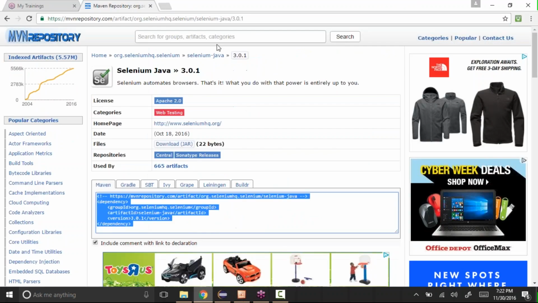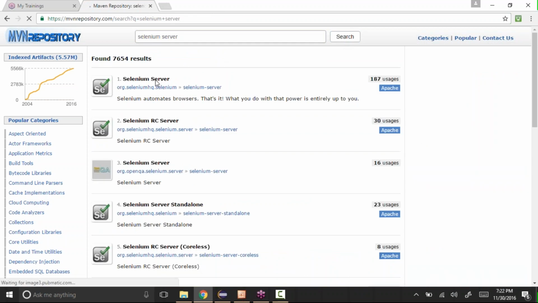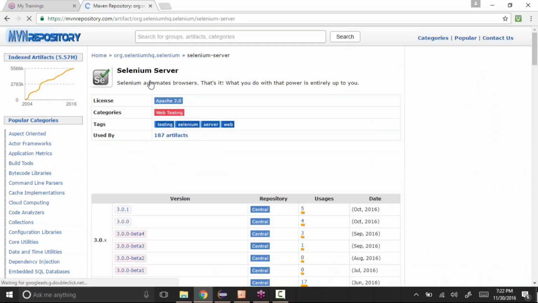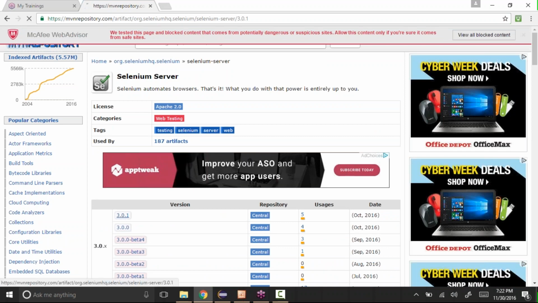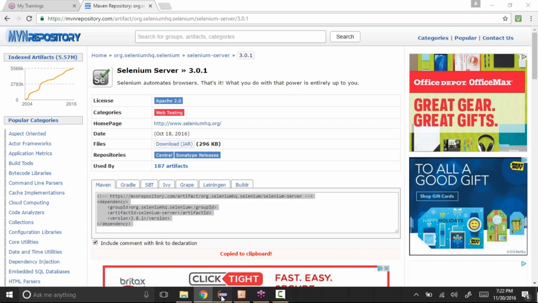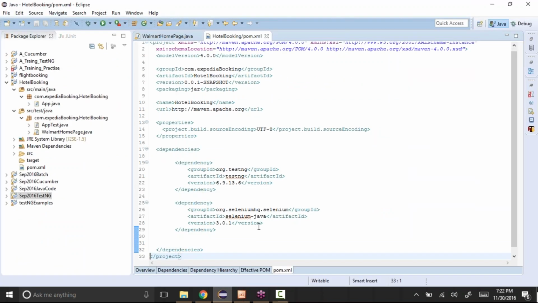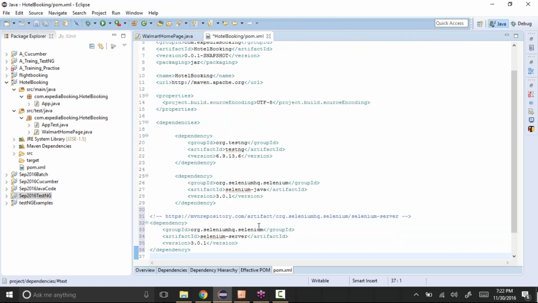Okay, and the next dependency is Selenium server, then go to 3.0.1 and copy the dependency from here. We don't need to type anything. Whatever dependency or jar file we want to download, we can just give it here.